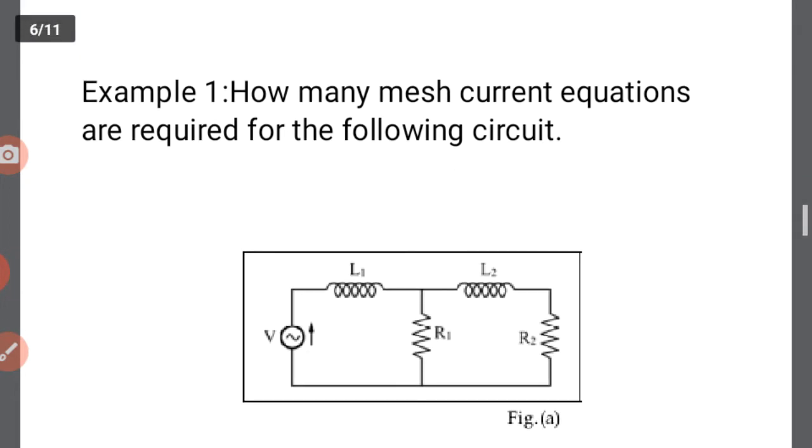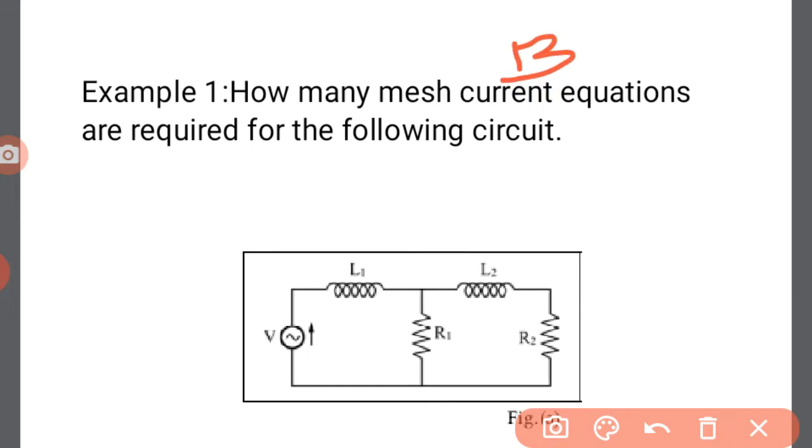Suppose here is the example. Example 1: how many mesh current equations are required for the following circuit? To determine the number of mesh equations required, first we have to find out the number of branches, how many branches there are in the network, and next how many nodes. When you get these two values, it is easy to find out the number of mesh equations required